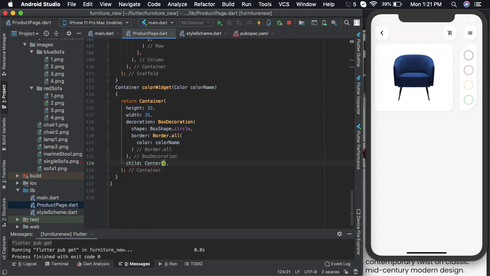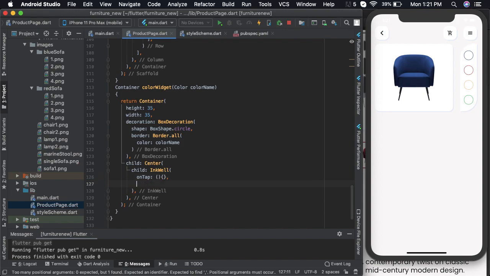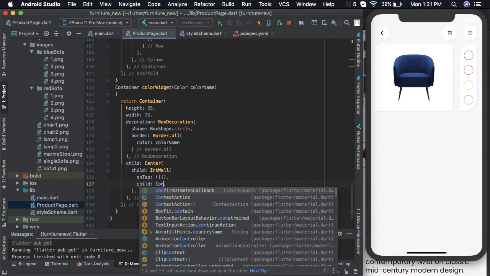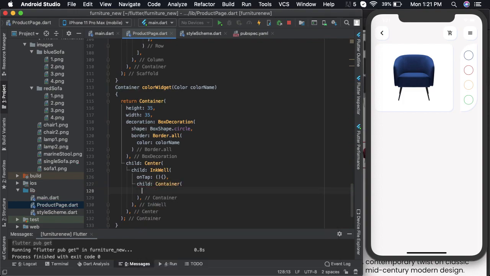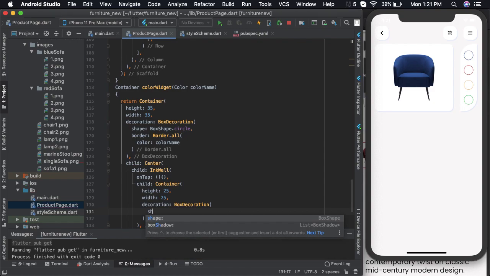Now let us add a child. That will be a center widget. Now this should be clickable, so I'll create an InkWell here. Let us add an onTap event. Its child would be a container. The height of this container would be 25 and width also 25. Decoration, box decoration, shape is again circle. This time color would be